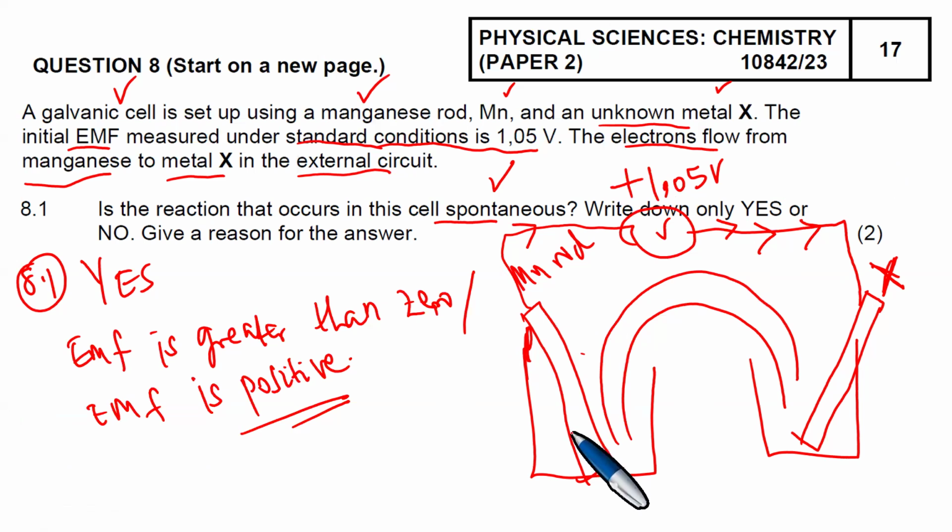Right. So that is what you're able to observe. Or another student can come and say, I don't like saying it is spontaneous because the EMF is positive. Because if the EMF is positive, then it means it is spontaneous. Learn it, grade 11s and grade 12s. But we will come to this point and say, you can say also the reducing